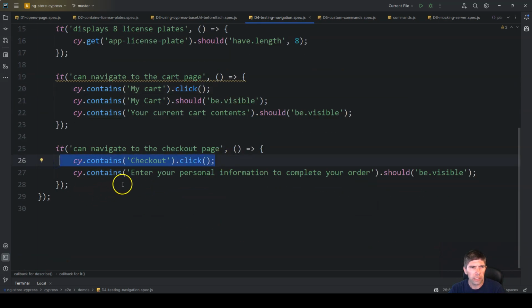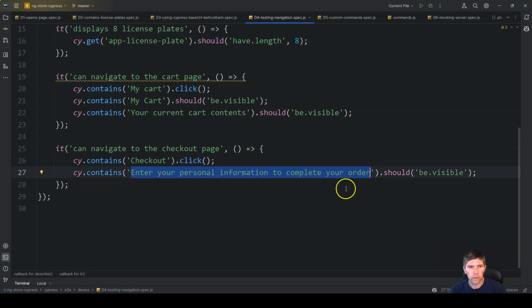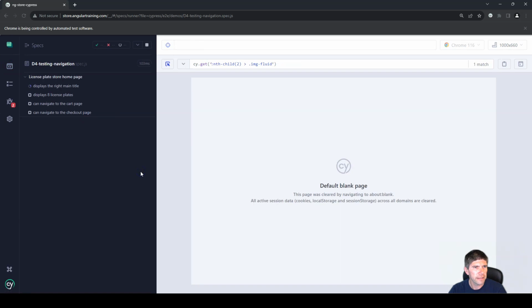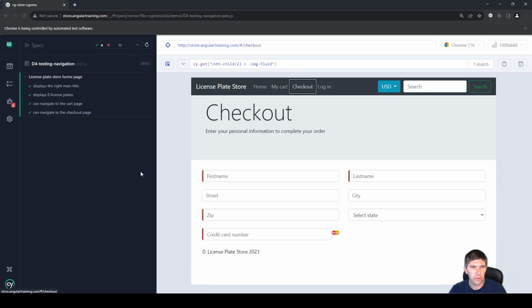Contains checkout, click on it, and then enter your personal information to complete your order. So let's run that test pretty quickly. And Cypress is always quick anyways. Let's do it. And yeah, you can see that it navigated to all of these pages, and now we are